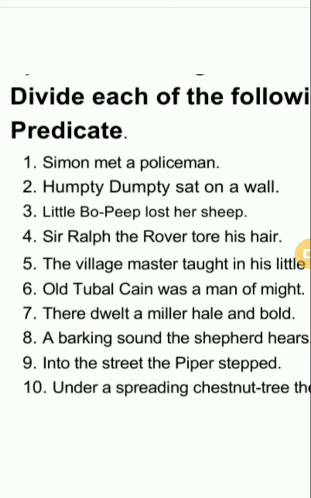Sir Ralph the Robber tore his hair. So who tore his hair? Sir Ralph the Robber. So this one is the subject, and the rest of the part, where we are giving information about the subject, is the predicate. Next,